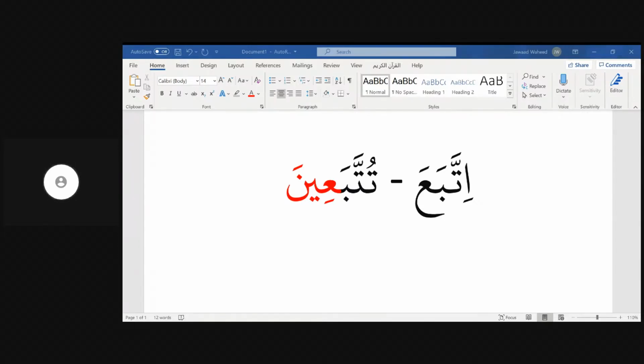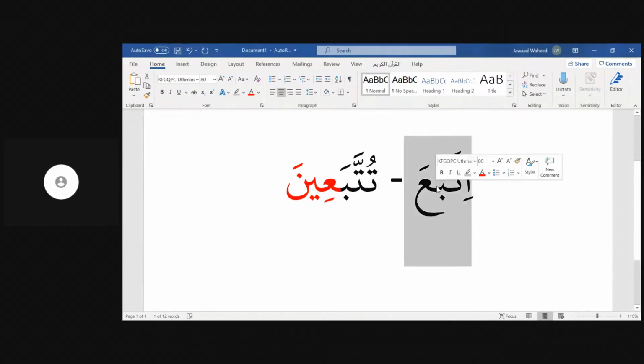Iqtaraba, inqalaba, istaghfara. Inqalaba needs a noon, and there's no noon here. Istaghfara needs ist, and there's no ist here. So the only one left would be iqtaraba, if you're looking only at the present tense, which was